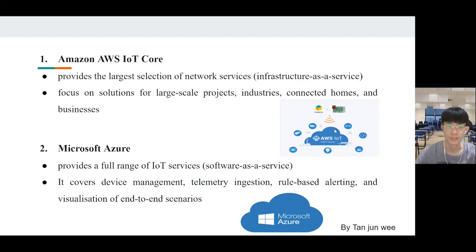Azure IoT provides a full range of IoT services, which is a software as a service solution. It covers device management, telemetry ingestion, rule-based alerting, and visualization of end-to-end scenarios. Azure IoT is more focused on serving enterprise.